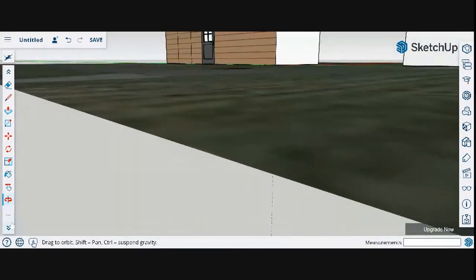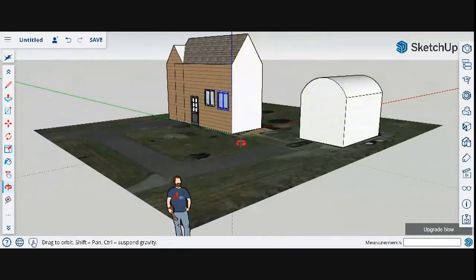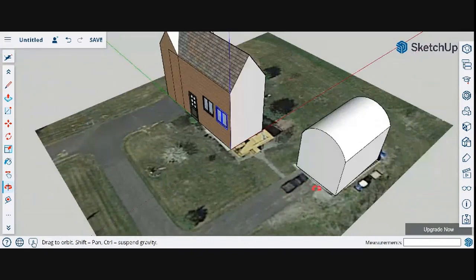So I'm going to hit zoom extents. I'm zoomed out a little bit, so I'll go back to orange. You can kind of see, so now I'm there a little bit. So you can see there's a car, there's a tractor, there's a porch. If I use the 3D Warehouse,